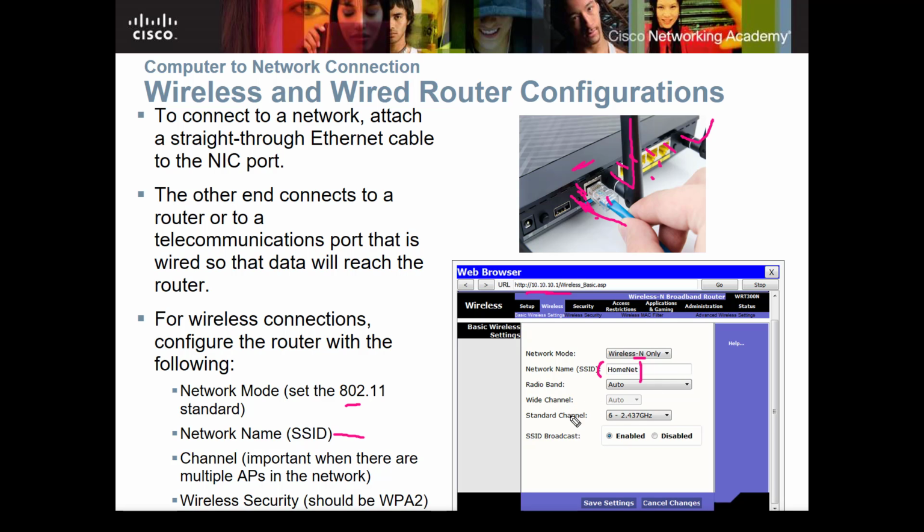And then you're going to set your channels, and you're going to set whether your broadcast is being sent or not. The channel is important when you're setting this up, because you could have multiple wireless access points, and that's what an AP is. You'll either see WAP for wireless access point or AP for access point, and you may have multiples of those in a building. So I'm just going to draw right here.